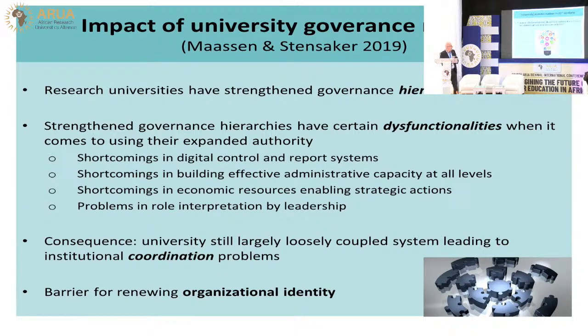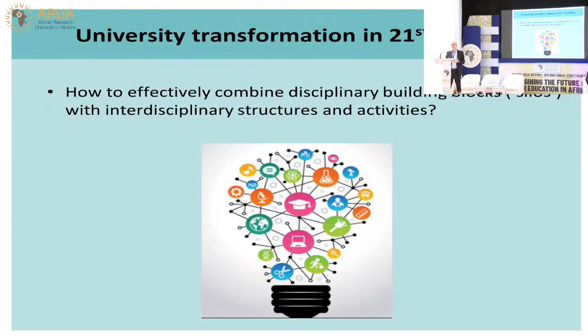And one key element in this is how do we deal with our traditional disciplinary silos, as they are often called. We can't simply replace the disciplinary-based organization of our university and faculties and departments by an interdisciplinary structure. How do we find a balance between promoting interdisciplinarity, multidisciplinarity, transdisciplinarity? How do we combine that with a strong disciplinary foundation?